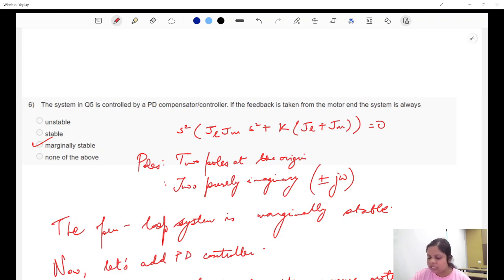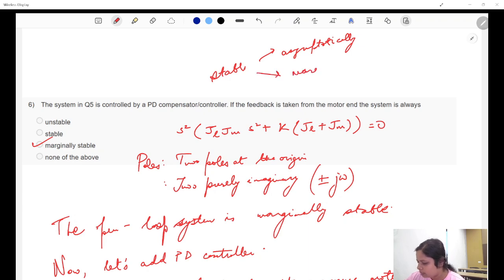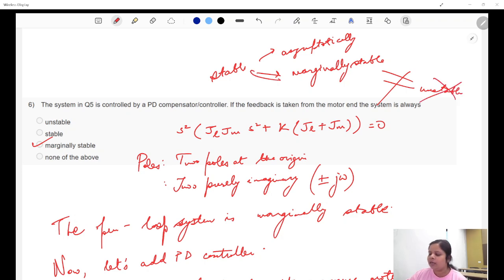No, no, no. Don't call marginally stable to be unstable. If these four are the options, then your option should be stable. Stable does not mean asymptotically stable. So if you have the option as stable, it is not equivalent to asymptotically stable. So stable can have two meanings. Either it is asymptotically stable, in which all the poles would lie in the left half of the S plane, or it is marginally stable. And this marginally stable can never be written as unstable. So this is wrong. So you'll have to write it as stable. Stable is the most suitable option right now. Okay, ma'am. Okay.